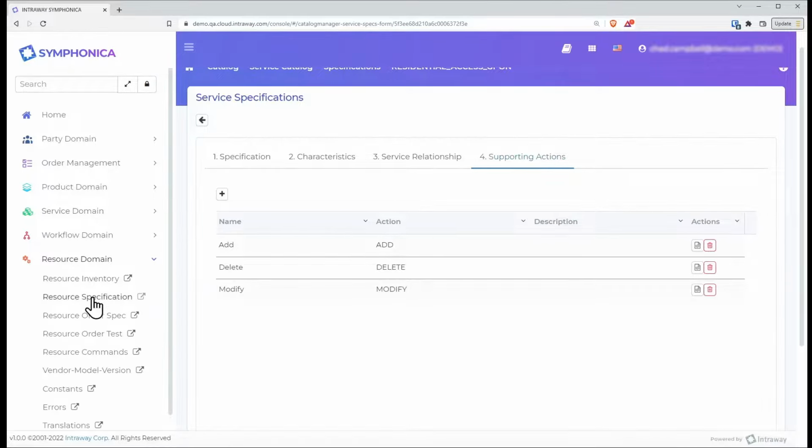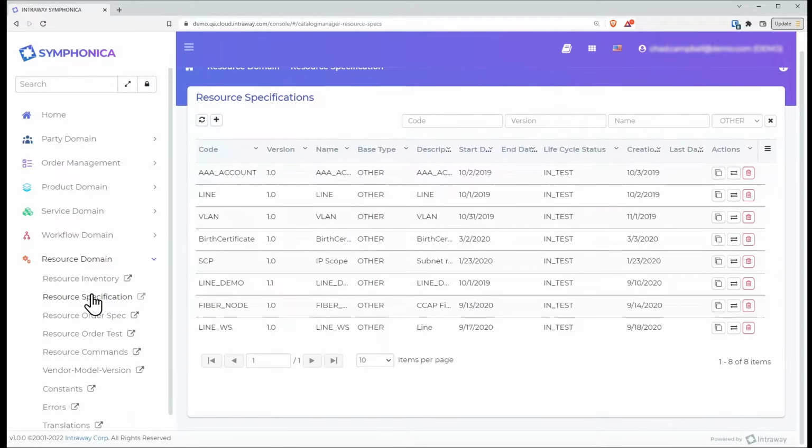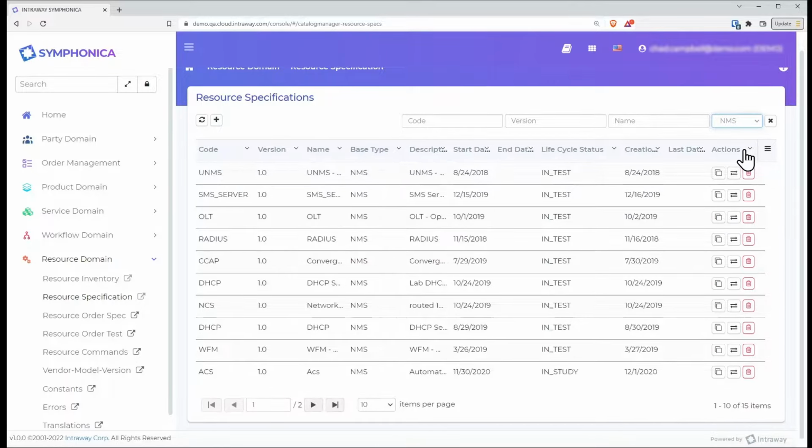Similar to the service domain, the resource domain is used to model the resource specifications. This modeling further expands the knowledge base of Symphonica to include the network resource definitions. The types of resource specifications supported by Symphonica are NMS, device, and other. An NMS